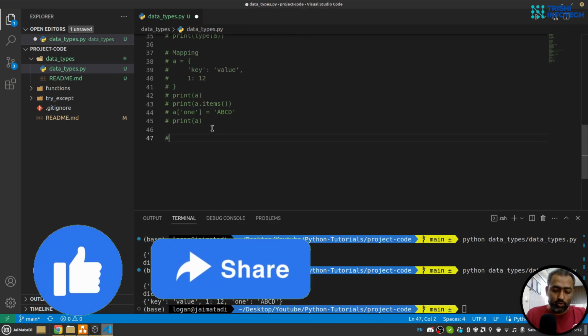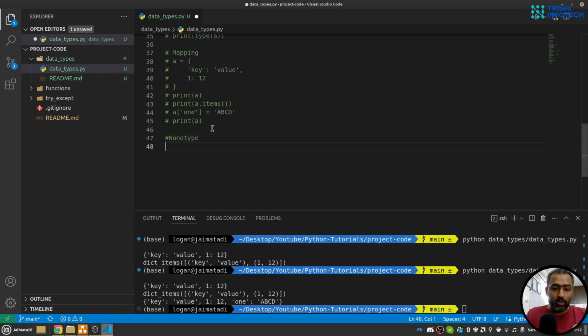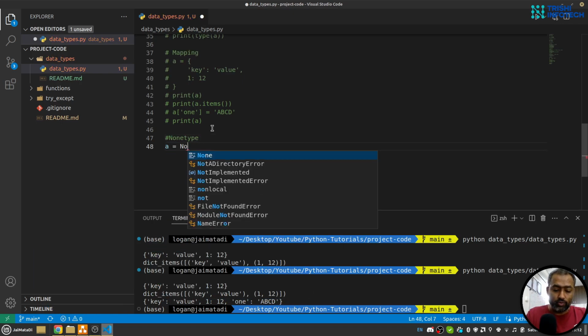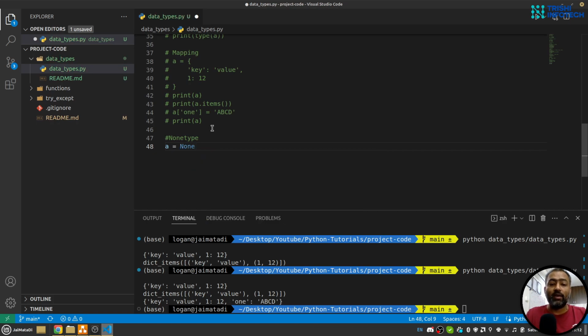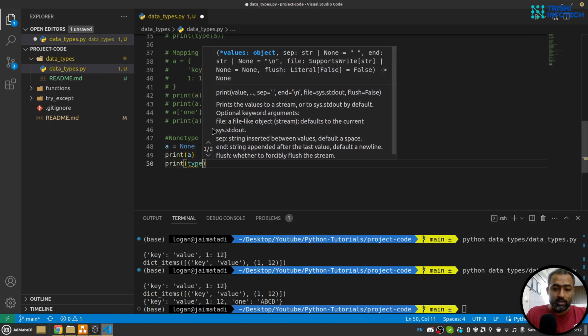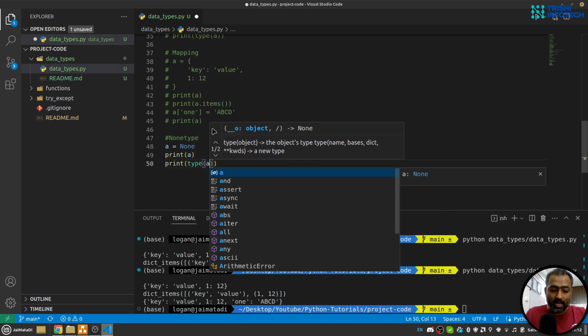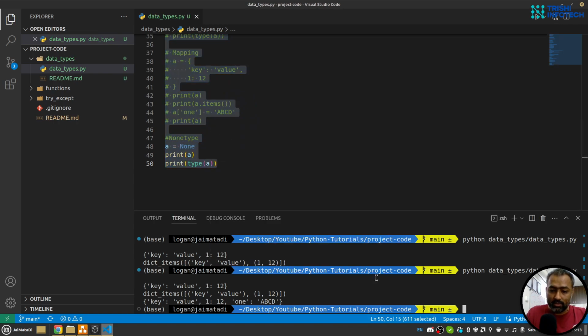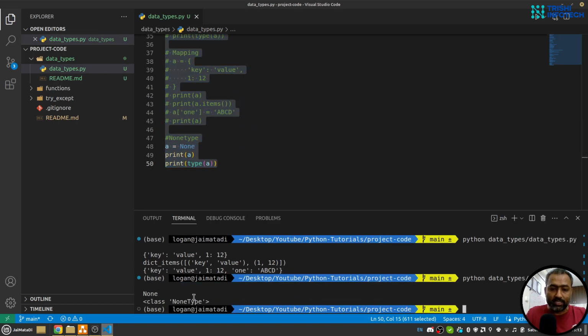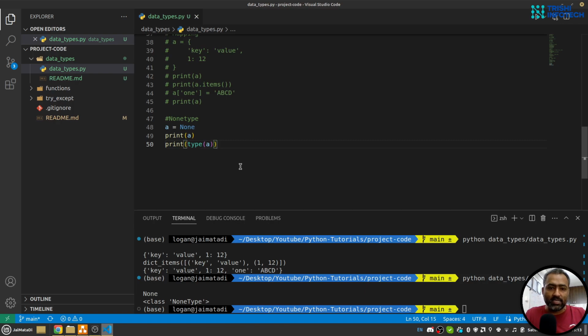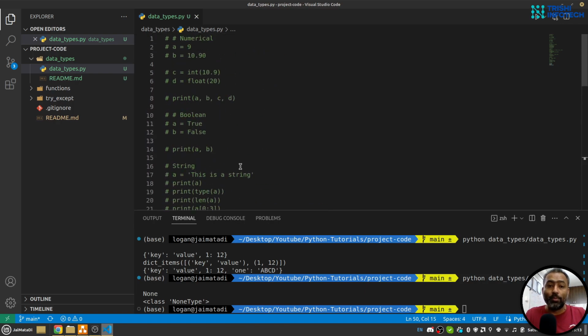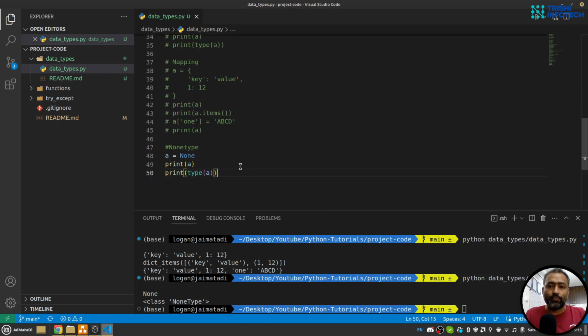Then there is also the none type of data. So let's say a equals to none. You define a variable as none which doesn't have any value. So we can print a, we can print the type of a as well, and we can see that it will be a none type. So I guess these are the data types most commonly used in Python, and I hope